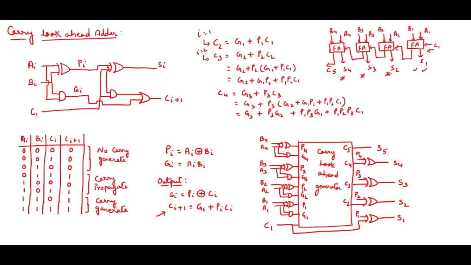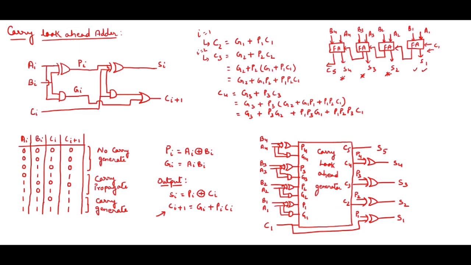Now the question arises, why I have taken P2 inside and I am asking you to connect it outside. Outside means you can take P2 directly outside over here. Inside, why have I taken this? Because P2 will be part of this P3. P2 will be part of P3, okay. You can see over here in the equation which I mentioned at the top, C2, C3, right? So C2, how is this C2 generated? C2 is generated as G1 plus P1 C1. So G1 is coming from here, P1 is coming from here, and C1 is also coming. So C1 is also connected to the IC, and internally it is coming to C2.